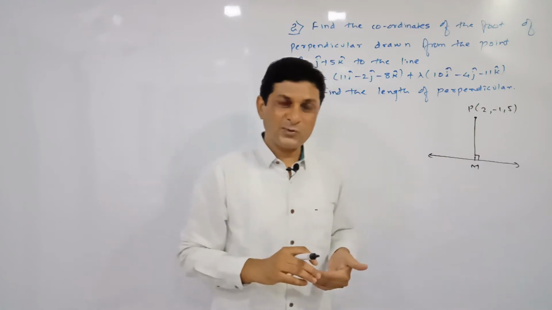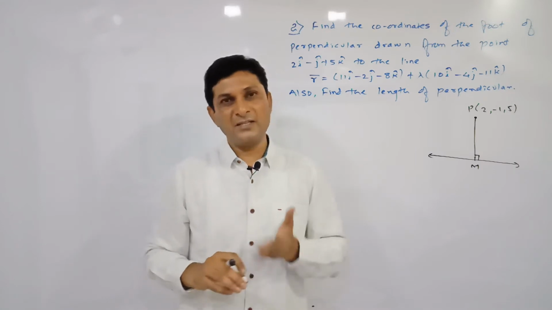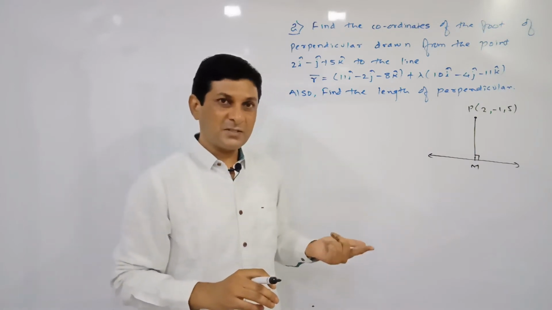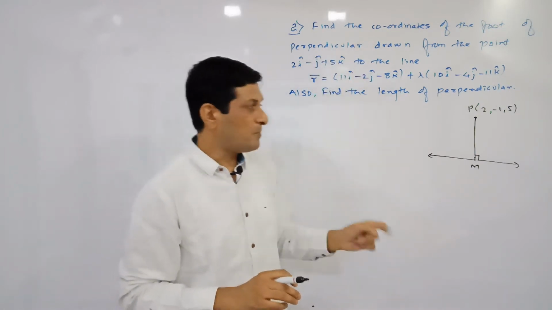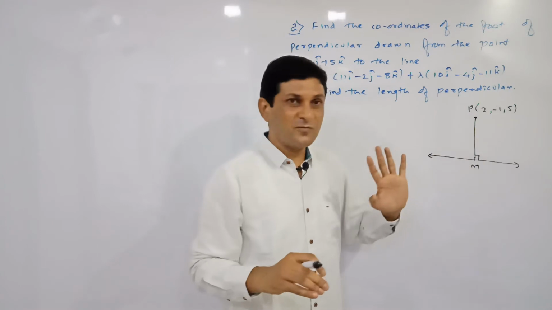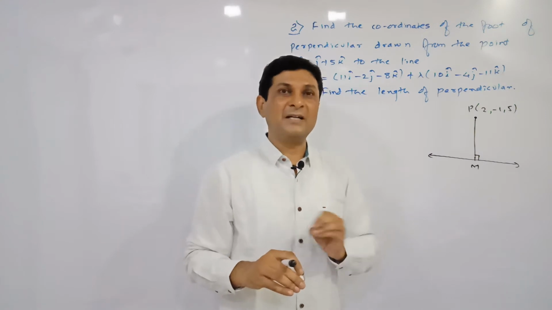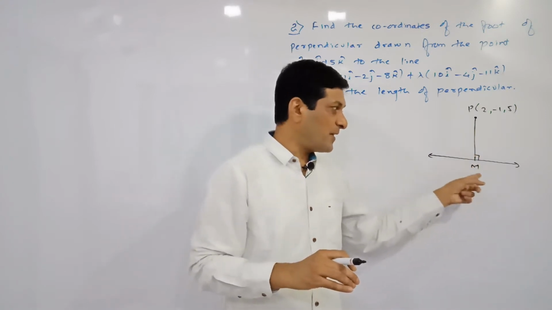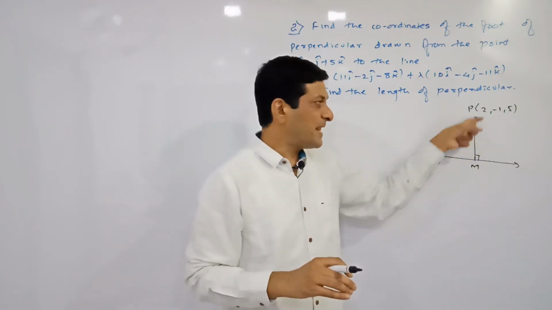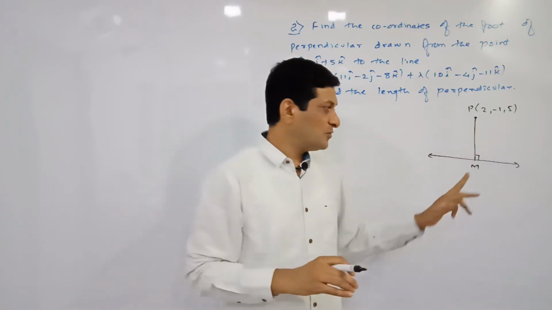In the last example also we have seen how to find the distance of a point from a line. If the question is to find the distance of a point from a line, then we have one formula which we applied in the last example. But in this case, one part of the question is what? Find the foot of perpendicular. Applying the formula we are able to find the distance of a point from a line, not the foot of perpendicular. That's why we are using some alternate method here. First we will find the coordinates of this foot of perpendicular, and once the coordinates of the foot of perpendicular are known to us, by applying the distance formula we can find the distance between two points. So first our aim is to find what?